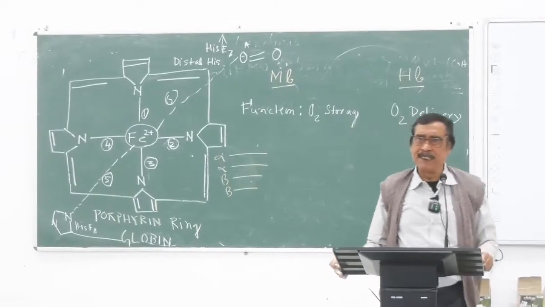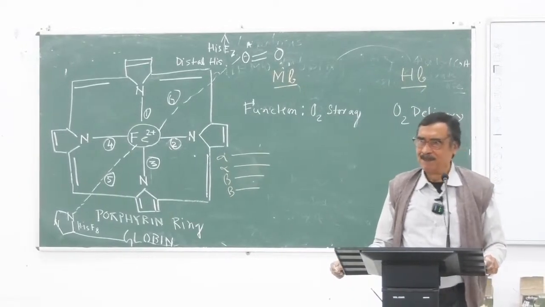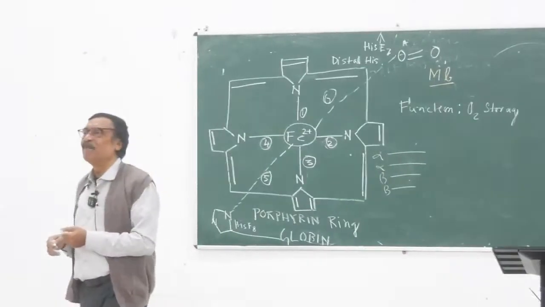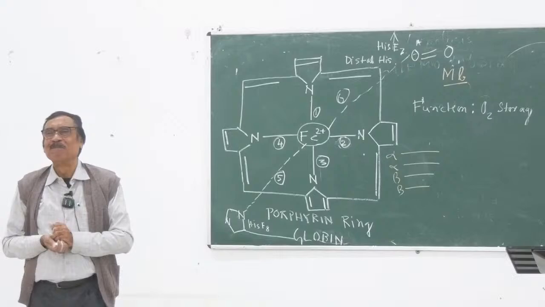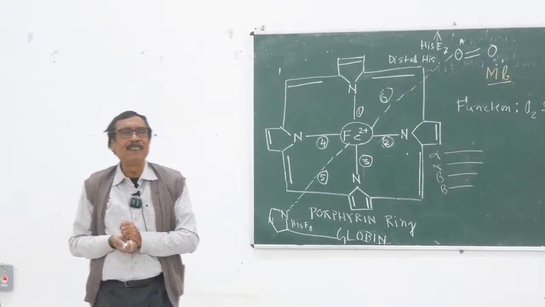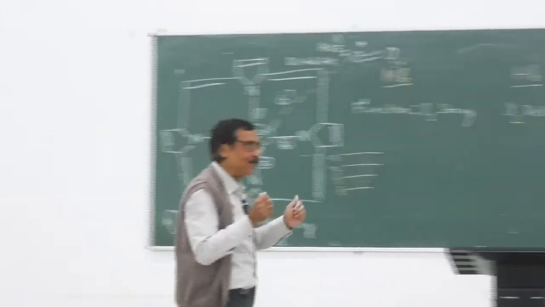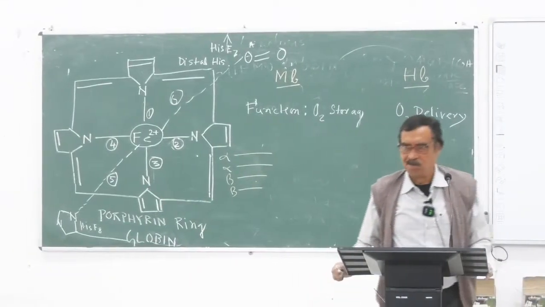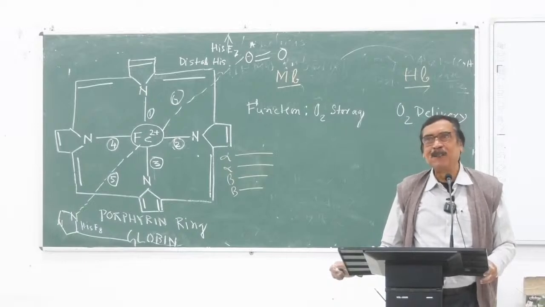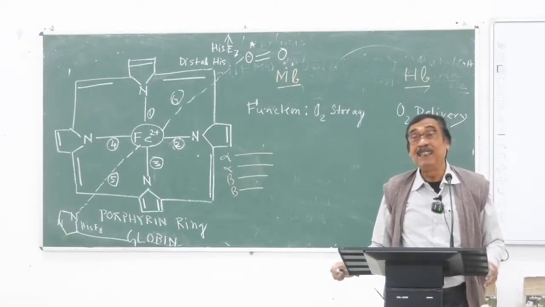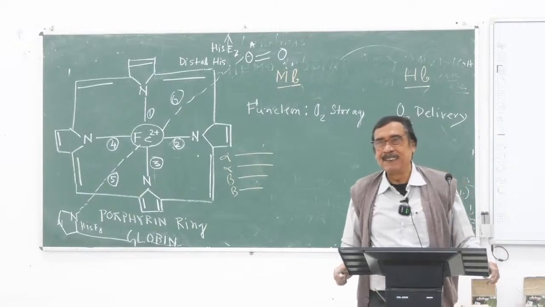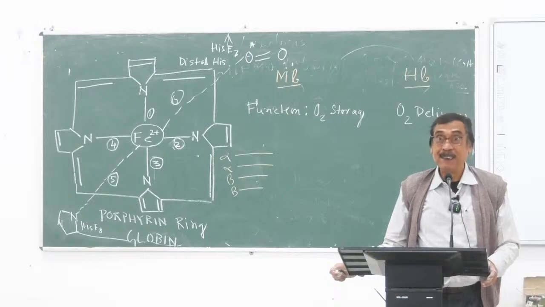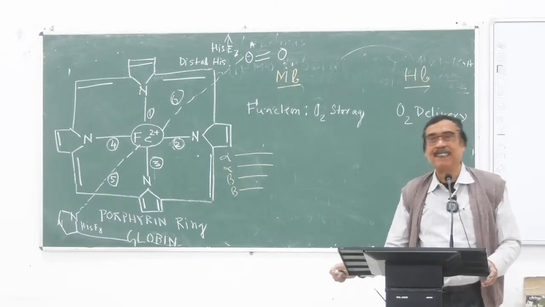মায়োগ্লোবিন কি কখনোই অক্সিজেন ছাড়ে না? ছাড়ে। ইন টাইমস অফ এক্সট্রিম নিড মায়োগ্লোবিন অক্সিজেন ছাড়বে, তাছাড়া ছাড়বে না। এক্সট্রিম নিড বলতে গেলে কি বোঝায়? মাসল যখন কন্ট্রাক্ট করবে, মাসলের যখন অ্যাক্টিভিটি প্রচুর বাড়বে, স্ট্রেনাস এক্সারসাইজ, ইন স্ট্রেনাস এক্সারসাইজ মায়োগ্লোবিন রিলিজেস অক্সিজেন, অনলি ইন স্ট্রেনাস এক্সারসাইজ। তাছাড়া মায়োগ্লোবিন অক্সিজেন ছাড়ে না, এটা একদম ভুল কথা, লিটারালি কারেক্ট নয়। মায়োগ্লোবিন অক্সিজেন ছাড়ে,